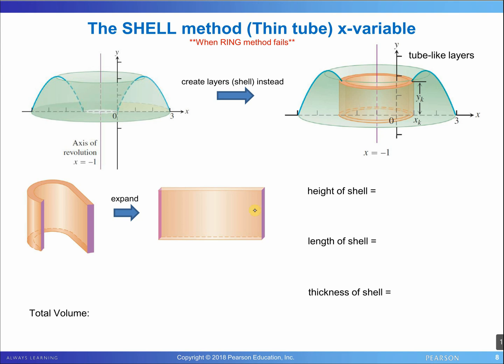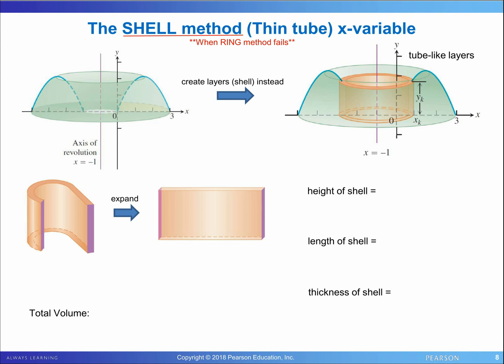Shell method is a technique for finding the volume of a 3D object by using definite integrals. Conceptually, it's similar to disk and ring methods that we learned in the last lectures, in the way that in shell method we also cut the object into infinitely many tiny pieces. After that, we find the volume of each piece, the differential volume, and then we integrate them all together to